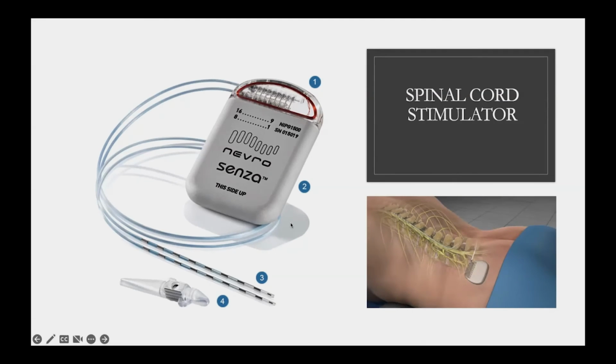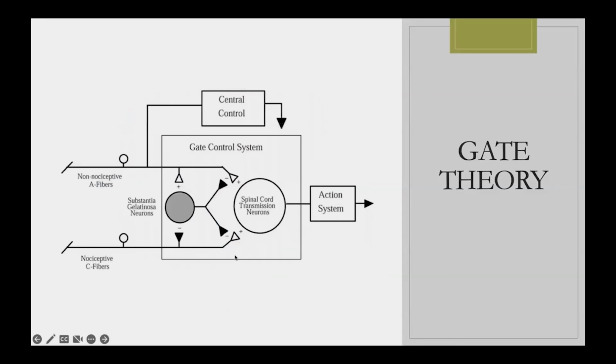And then we essentially do programming where it sends signals up your spinal cord, which are either gentle, non-painful signals that can block pain signals. Or nowadays the technology has gotten really advanced where we send no signals. There's sub-threshold, meaning that you can't really perceive any sensation. But nonetheless, it still blocks the pain signals.